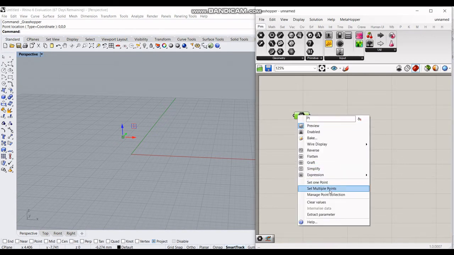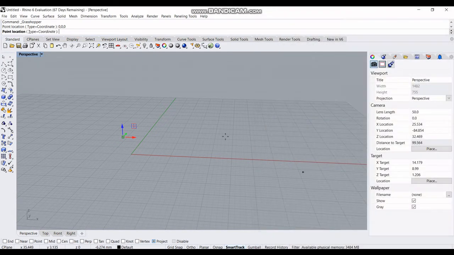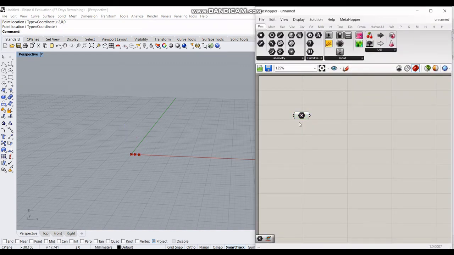You can even set multiple points with this by using this option here. Let me use 0. Now I'm initializing 3 points for this point component. As you can see, there are 3 points here. Now if we have some points already existing in Rhino and we need to assign them to this point component, that is also possible.